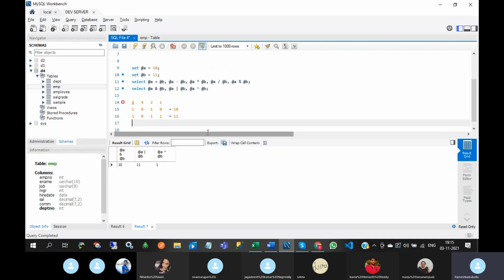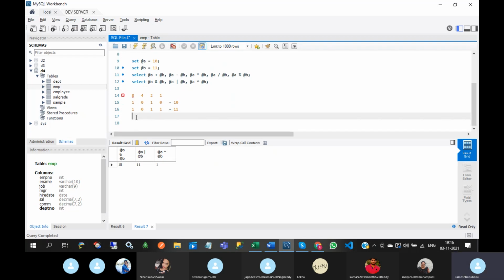That means if both are ones, then output becomes 1. If both are otherwise, output becomes 0. So here 1, here 0. So output equal to 1 0. This is for AND.